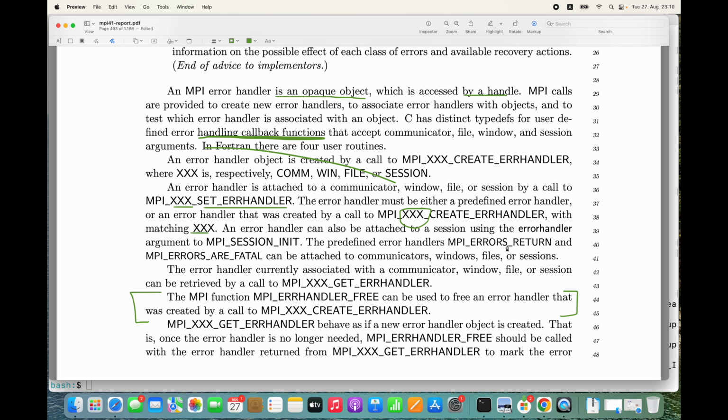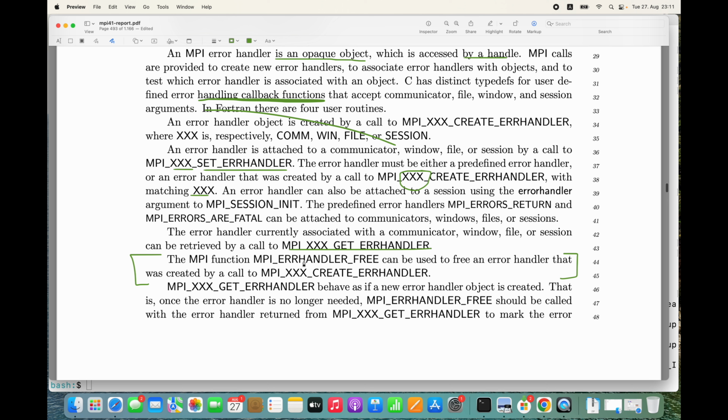The predefined error handlers MPI errors return and MPI errors are fatal can also be attached to communicators, windows, files, and sessions. The error handler currently associated with a communicator, window, file, or session can be retrieved by a call to MPI get error handler. And then the MPI function MPI error handler free can be used to free an error handler that was created by a call to MPI create error handler, and whatever that might be. MPI get error handler behaves as if a new error handler object is created. That is, once the error handler is no longer needed,